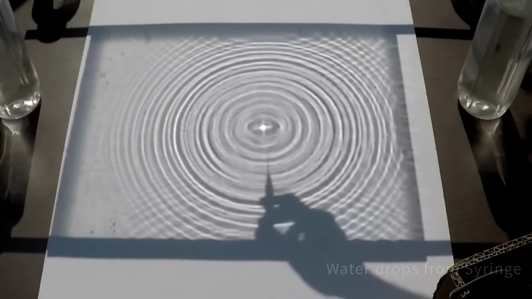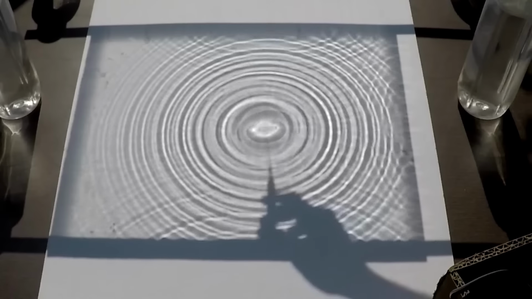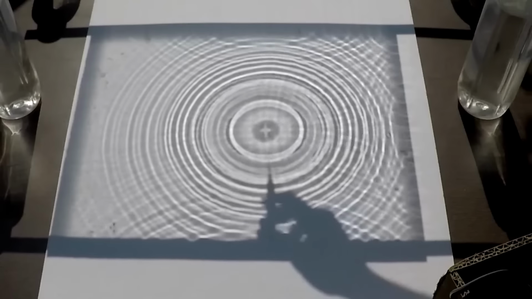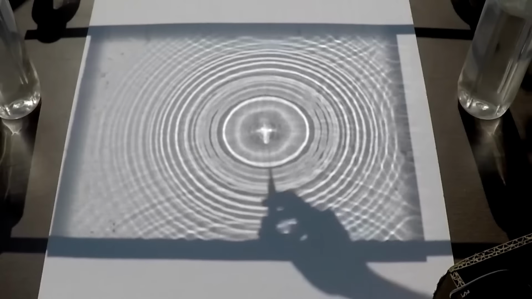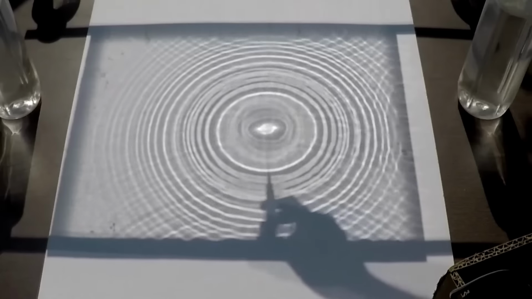Rate of drops can be adjusted with the help of a dropper or syringe. Results are better with sunlight instead of using artificial light. Morning sunlight is good as it casts the shadow outside the water bed.